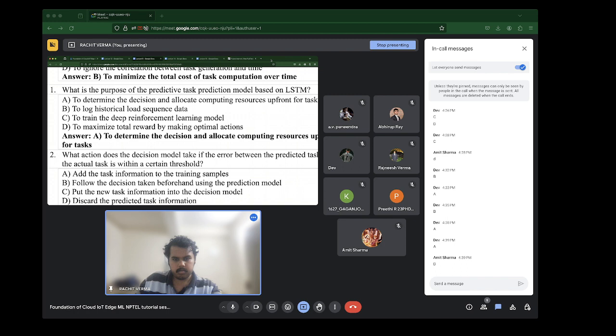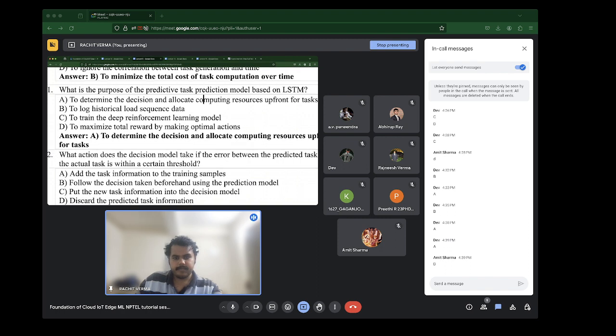So what action does the decision model take if the error between the predicted task and the actual task is within a certain threshold? Is it A, add the task information to the training samples, B, follow the decision taken beforehand using the prediction model, C, put the new task information into the decision model, or D, discard the predicted task information?